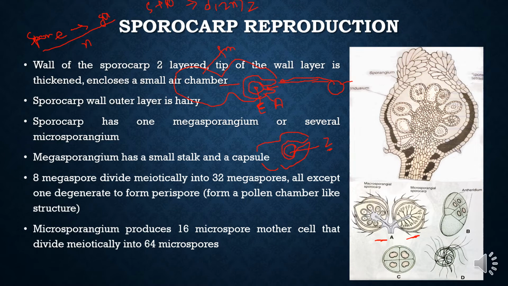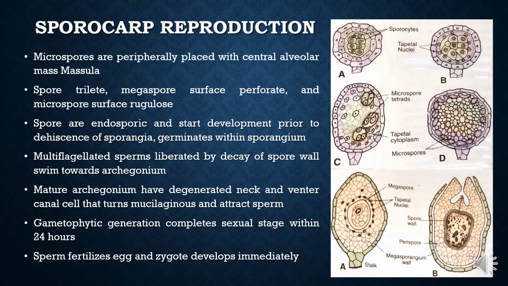So from the zygote to the entire sporophyte. Again, about the sporocarp, this is the megaspore stage, how it is developed. We know that these are the tetrads of the microspore, the microspore tetrad. This is about the development of the microspore. This is the megaspore, how it looks, and this is the perispore which I was talking about. The perispore consists of both the tapetal as well as the disintegrated megaspore, and look how it is a very highly vacuolated structure.